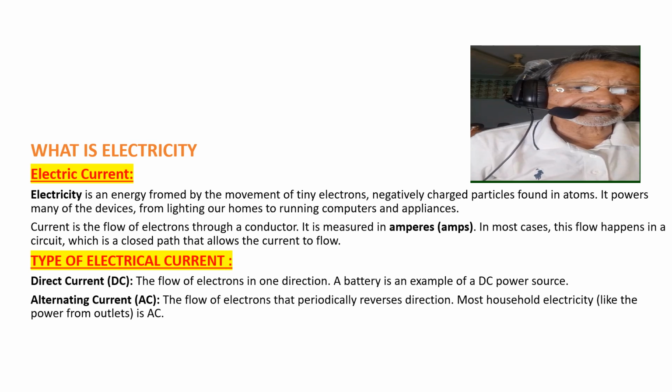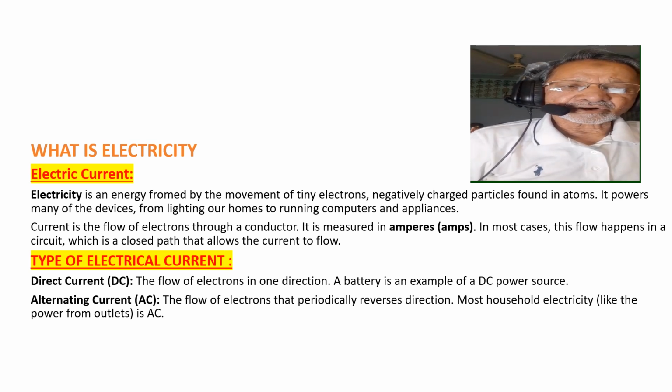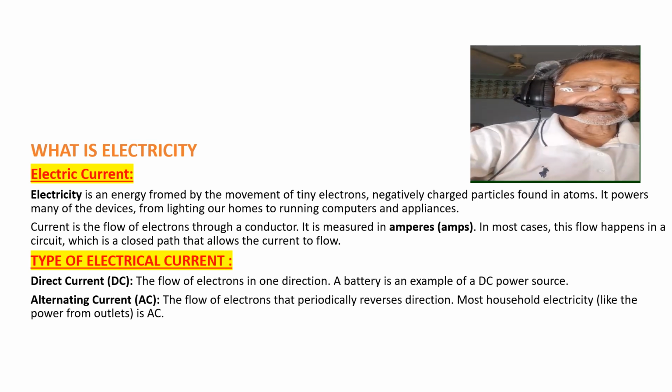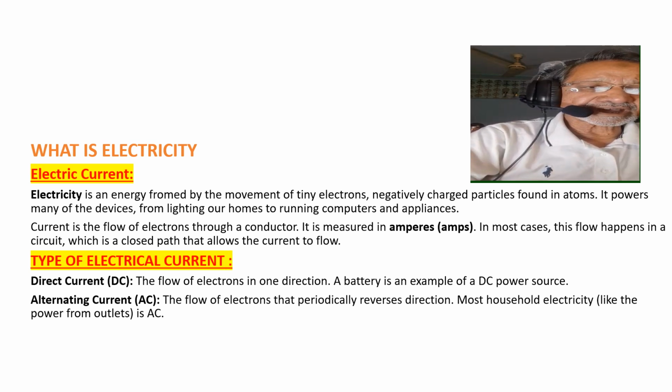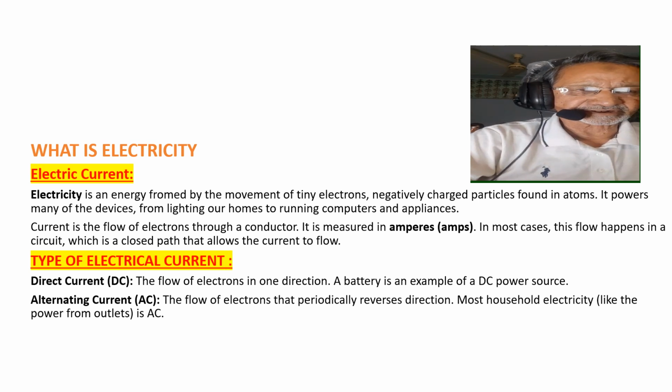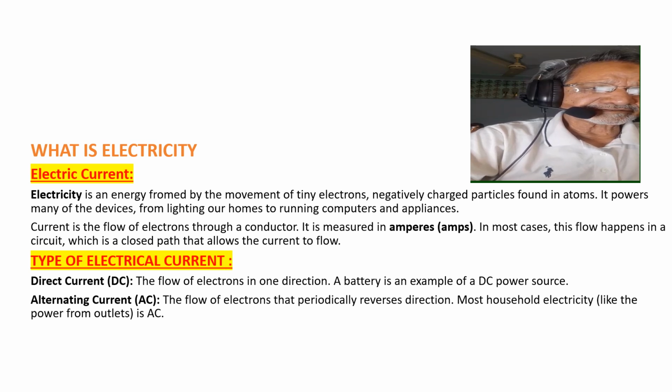operate on direct current. Now, alternating current. What is alternating current? The flow of electric charge periodically reverses direction. This is alternating current. Characteristics of alternating current are that the voltage alternates between positive and negative,